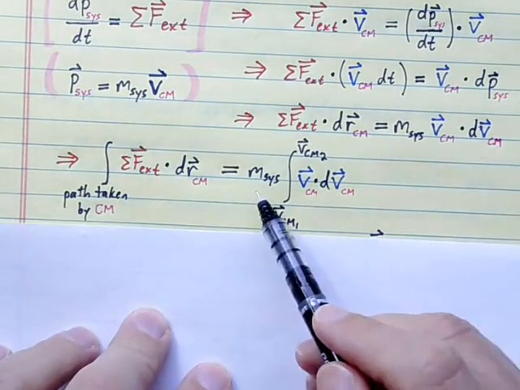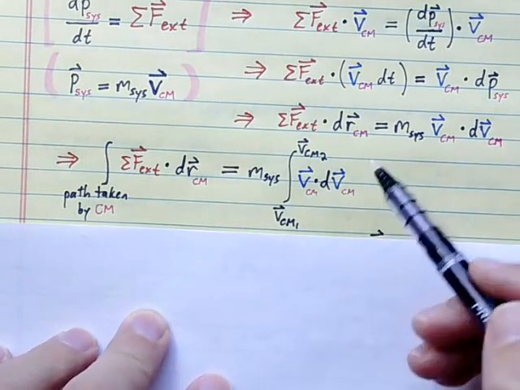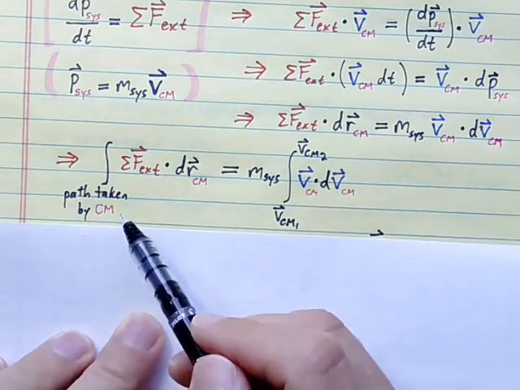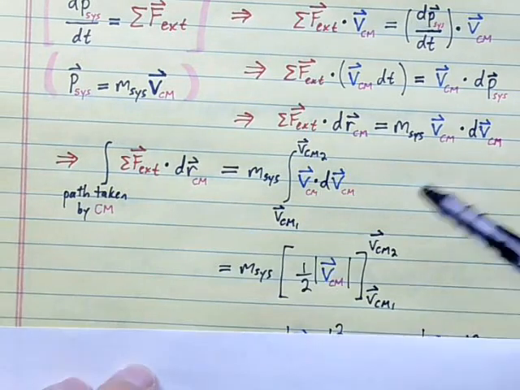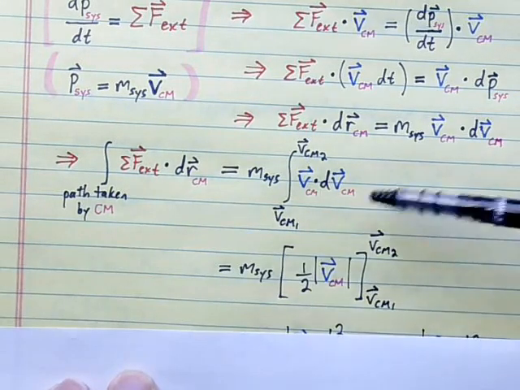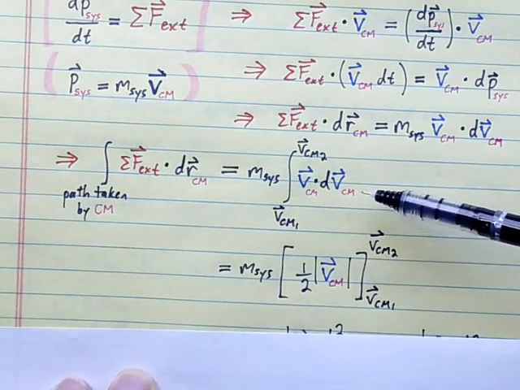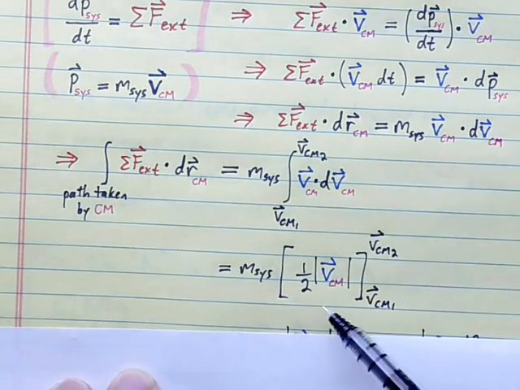On the right-hand side, we have the integral of the VCM dotted with the dVCM as we go from some initial value of the VCM to some final value of the VCM as the center of mass moves along its path. We've done an integral like this before with this dot product back when we derived the work energy theorem. We can show that this is equal to, our antiderivative here would be 1/2 times the speed